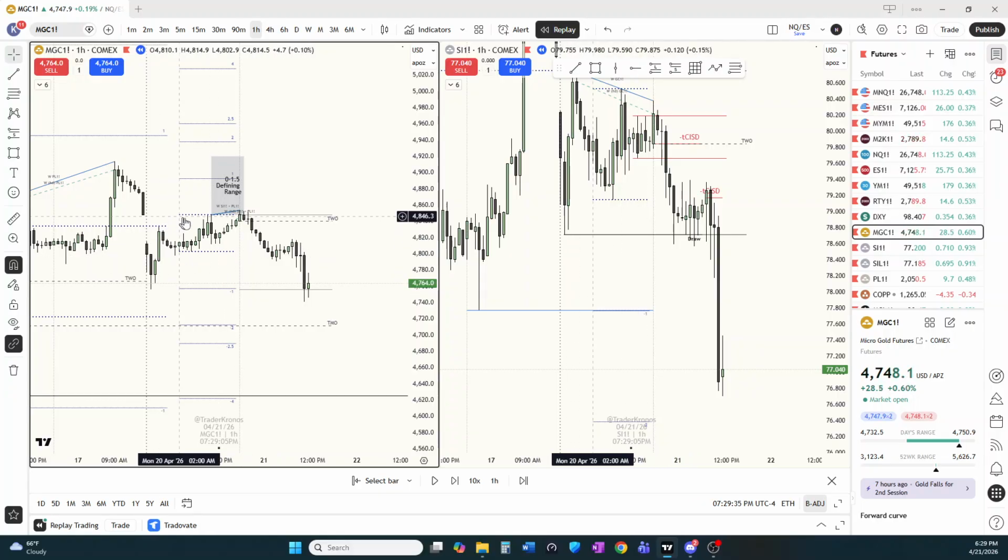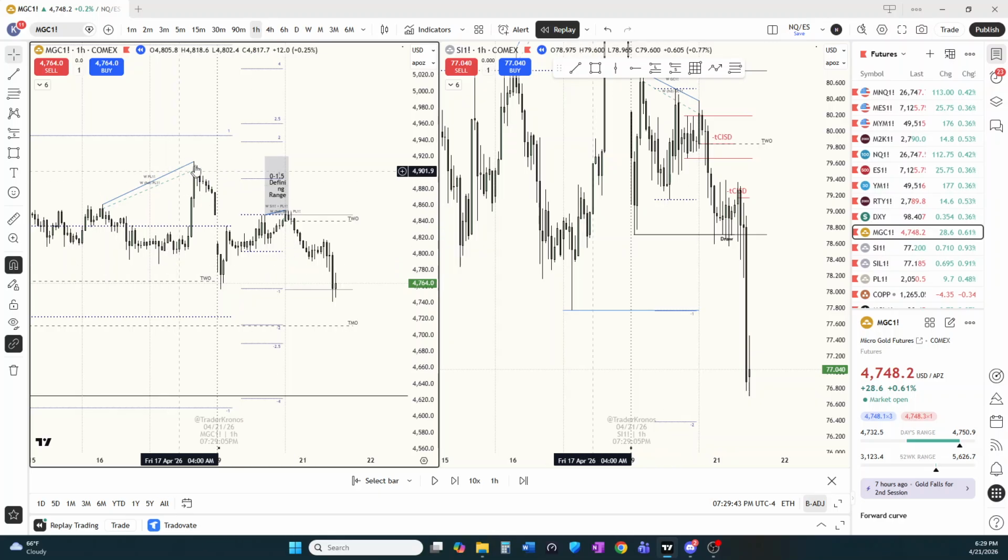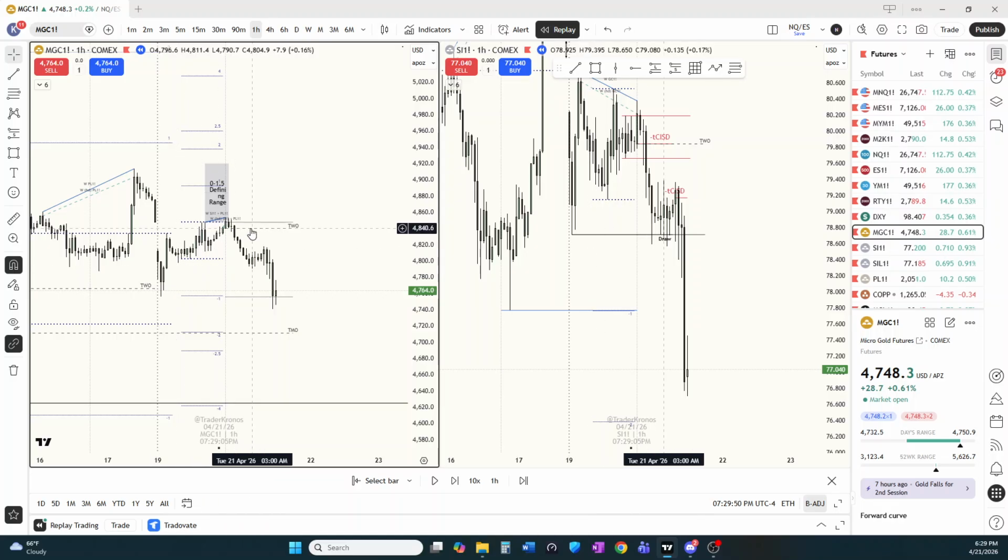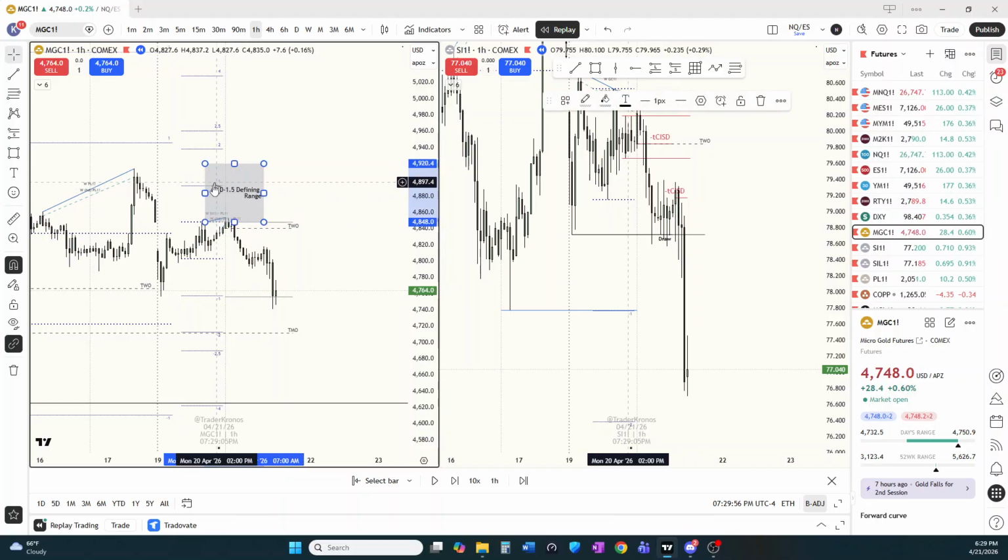So you can clearly see quarter one here just accumulated price. Didn't take out any high. Did take out these lows, but it didn't take out the high. So it's accumulating right in here in the defining range portion. And once we take this out in either Q2 or Q3, so Wednesday, if that sequential SMT lines up inside 0 to 1.5 of the defining range,